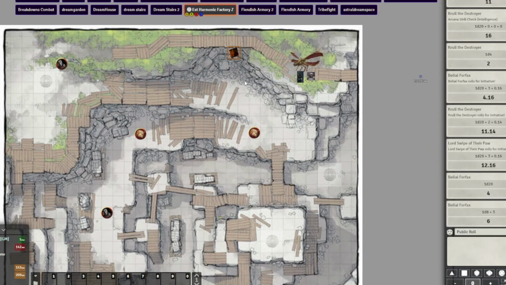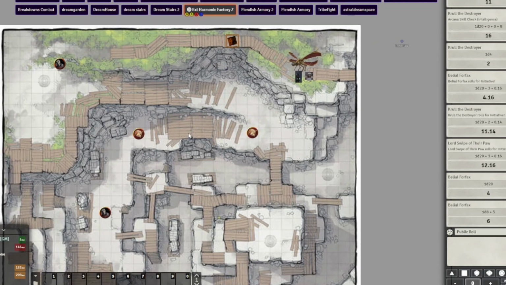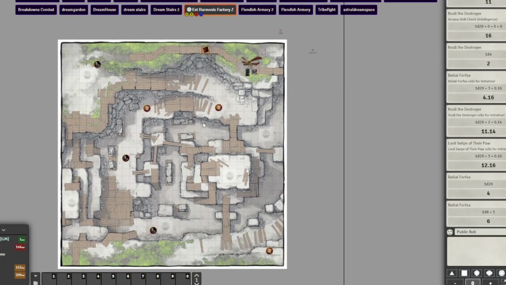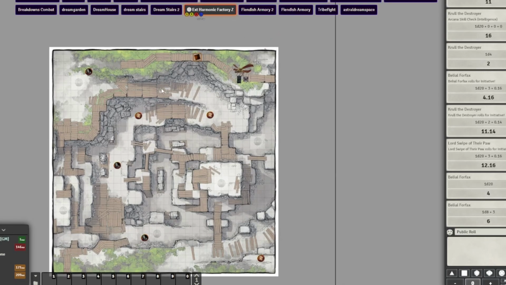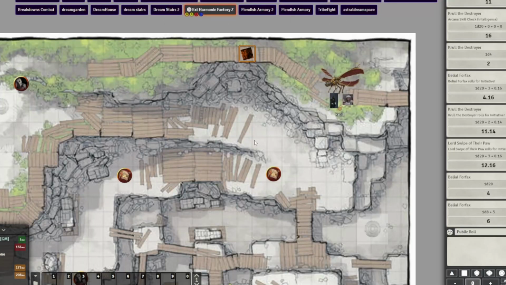So you realize pretty quickly as you're sneaking along the edge here that the Modrons are pretty difficult to fool. This one right here does still see you. And if you would like to, you can abandon your stealth, or you can try to find some cover. Yeah, I would. So you can roll a dexterity saving throw to kind of hit the deck.